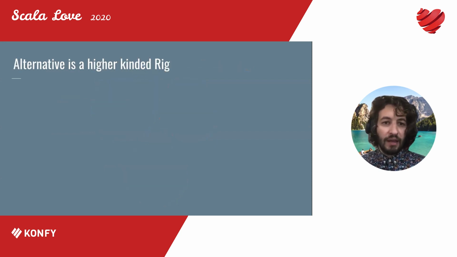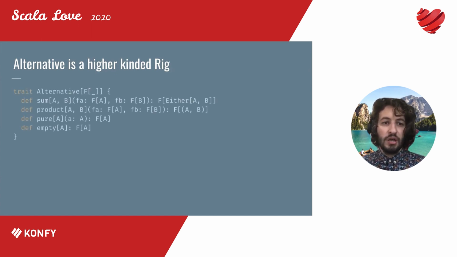So the absorption law holds. And just like with applicative and monoid K, we can do the same thing here for this kind of structure, which is alternative, which uses both these sum and product functions and pure and empty. And this is also found in cats and actually used a lot for a lot of different methods. So this is really interesting to me. We have all of these abstract things, but they all turn out to be this type class that is used every day by lots and lots of programmers. And they don't even know about, oh, okay, alternative is a higher-kinded rig? What the hell does that mean? I hope this kind of gives some insight to that.